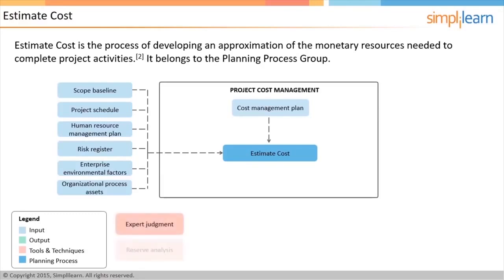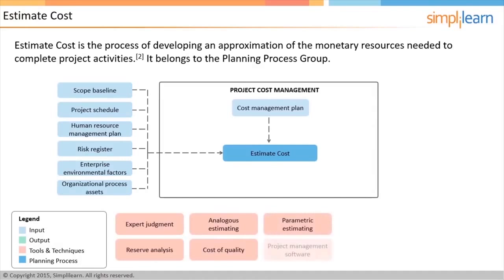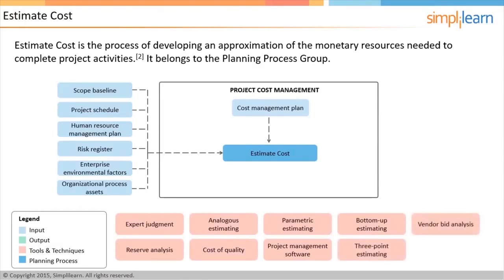Expert judgment, reserve analysis, analogous estimating, cost of quality, parametric estimating, project management software, bottom-up estimating, three-point estimating, vendor bid analysis, and group decision-making are the various tools and techniques used in this process. Most of the tools and techniques used here are similar to the ones used in the time management knowledge area. Vendor bid analysis is a technique used to estimate project cost. For example,